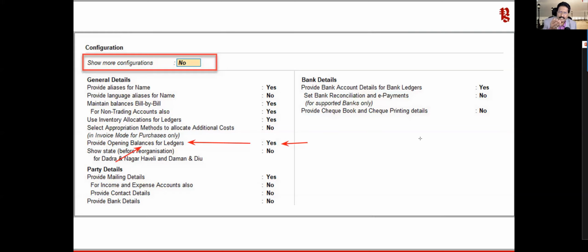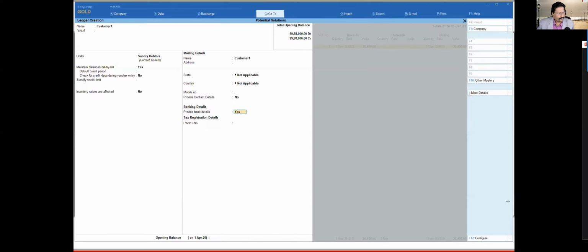Again, we have covered this in our bill-wise detail, where we were talking about how you can break up your bill and enter your previous outstanding of the previous financial year. If you have maintained it in a different system, how you can incorporate that in Tally with your opening balance. So that's basically your opening balance. So let us quickly see in Tally. Now, this is the opening balance that you are seeing here.